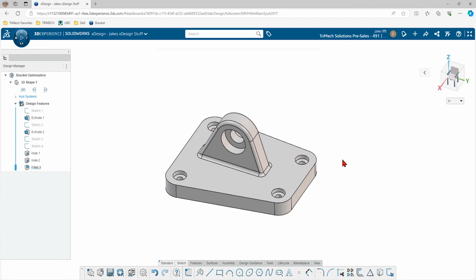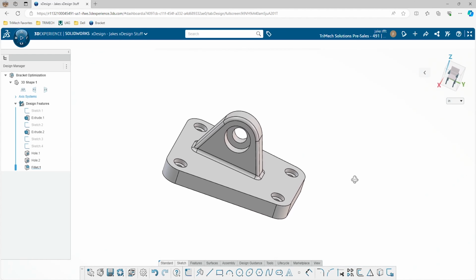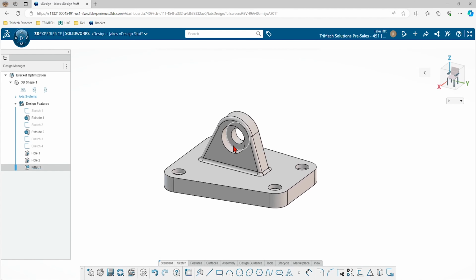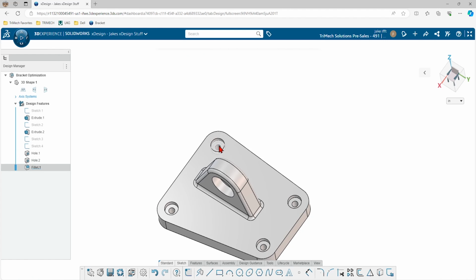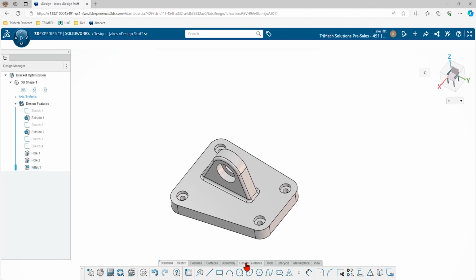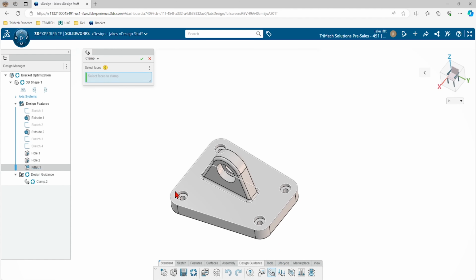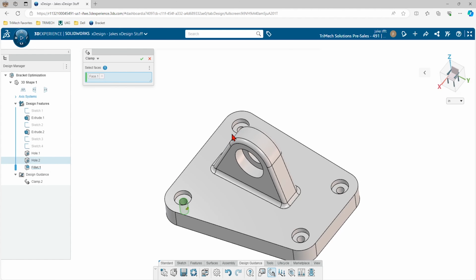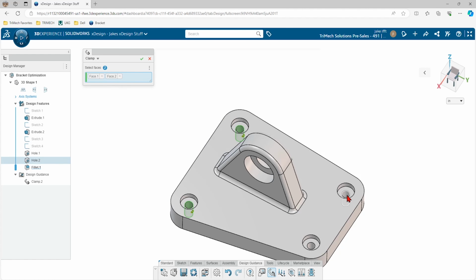So I have a bracket modeled up here, but we want to figure out how lightweight it could actually be. We'll apply some forces to this space and this space to act as if a bearing's in here being pushed around. And we'll fix down the bolt holes to show that maybe it can't move at these places. So let me go to my Design Guidance tab, grab the clamp tool to tell it what things aren't going to move. So these inner bolt faces, like I said, those aren't going to move. And then I can just hit the green check and the clamp is applied.